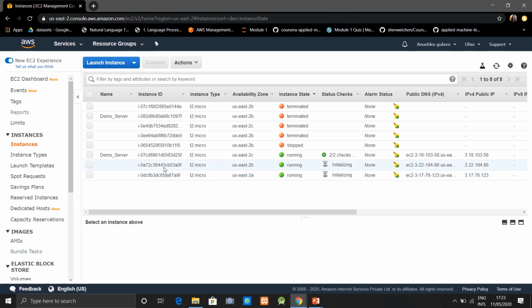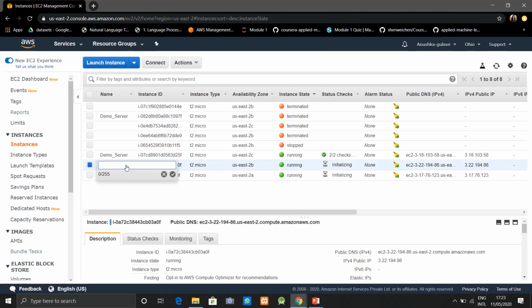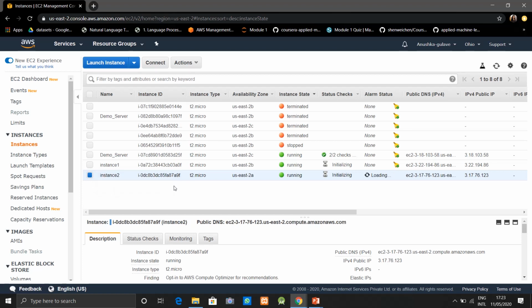So these are the instances after creating the auto scaling group. Let's rename them instance 1 and instance 2. So you can scale your instances automatically. It will be scaled by EC2.